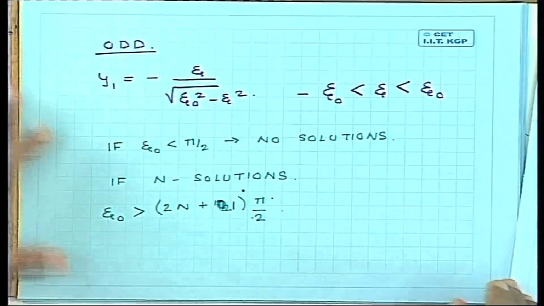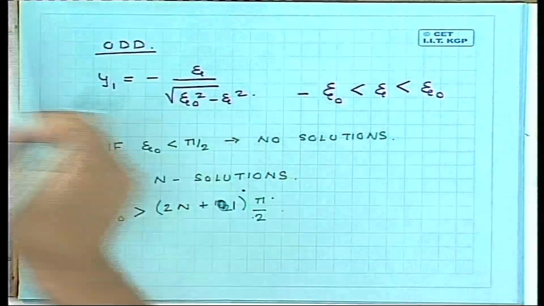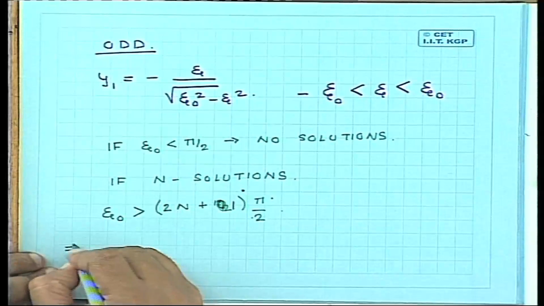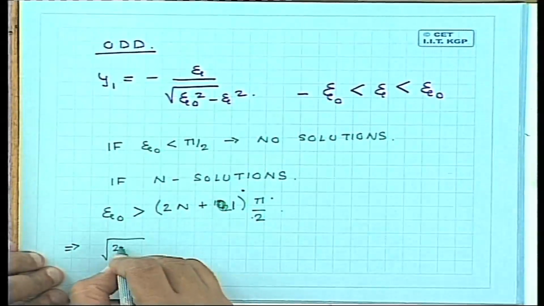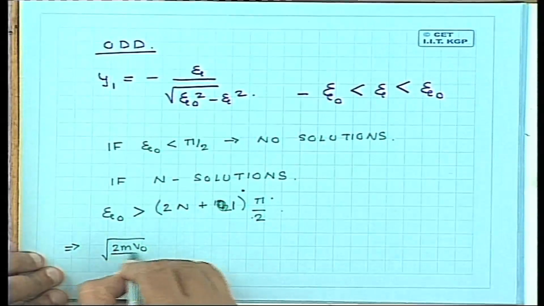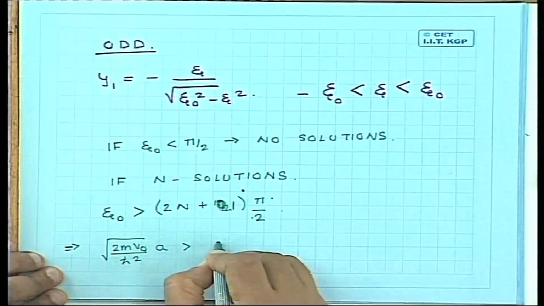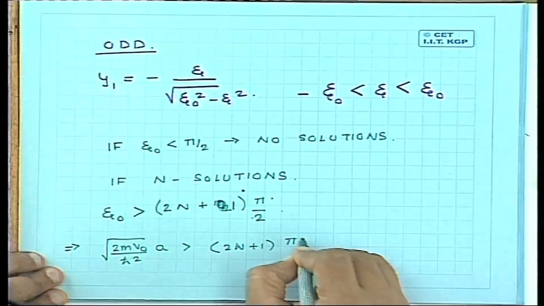Or writing it in terms of the potential, what we get is that square root of 2m V naught by h cross square times a should be greater than 2n plus 1 pi by 2,